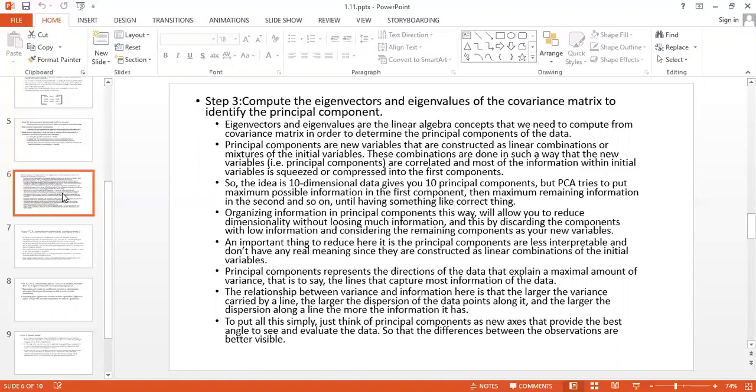These combinations are done in such a way that the new variables, that is principal components, are uncorrelated, and most of the information within the initial variables is squeezed or compressed into the first components. So the idea is 10-dimensional data gives you 10 principal components, but PCA tries to put the maximum possible information in the first component, then the maximum remaining information in the second, and so on.